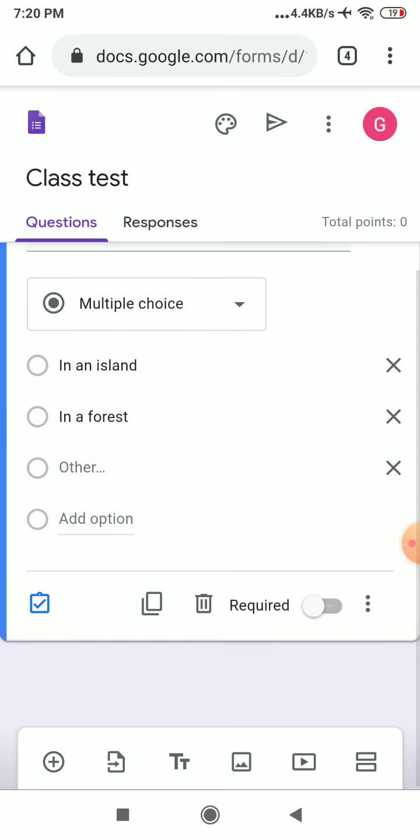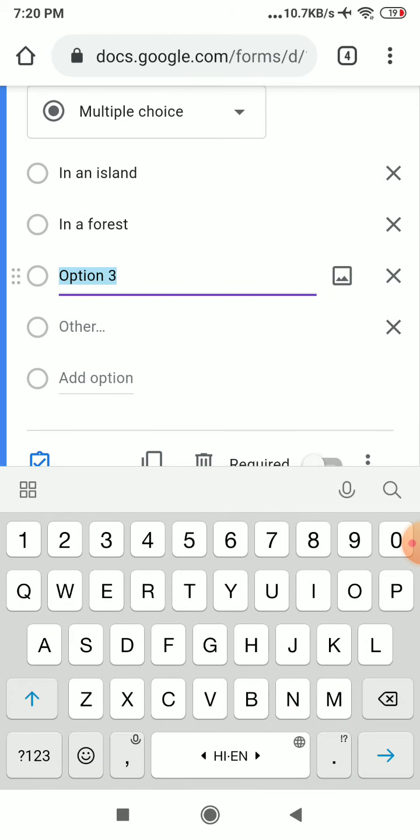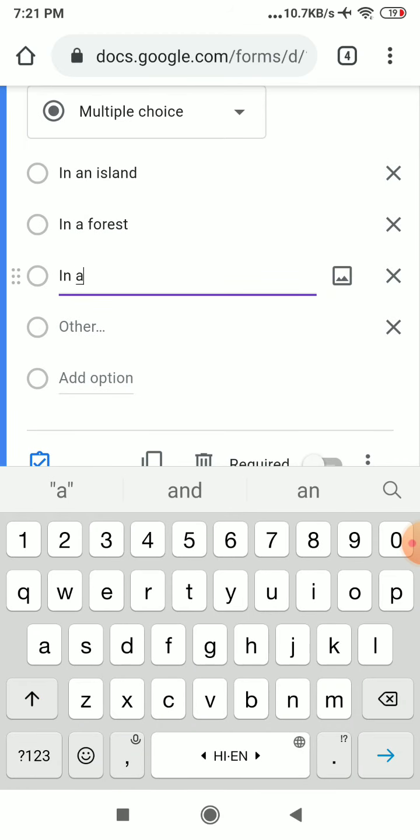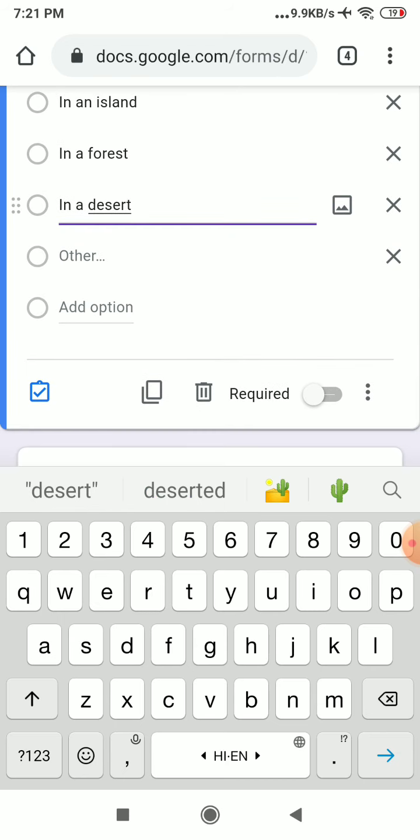Then add another option, that is the third option, in a desert. Okay, in a desert, D-E-S-E-R-T. Clear? So here I am going to give only 3 options. You can give more than 3 options also, no problem.